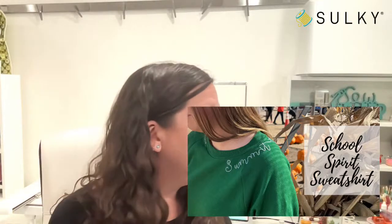And then I added a little bit more embellishment to the collar just to kind of balance out the colors on the sweatshirt. So the colors for Summit Ridge are green and white. So I found this great green sweatshirt on the clearance rack at my favorite Target. And I added white 12 weight petites, 12 weight cotton thread from Sulky for my stitching. So I'm in it for $6.99 for my sweatshirt, plus tax, all those good things,